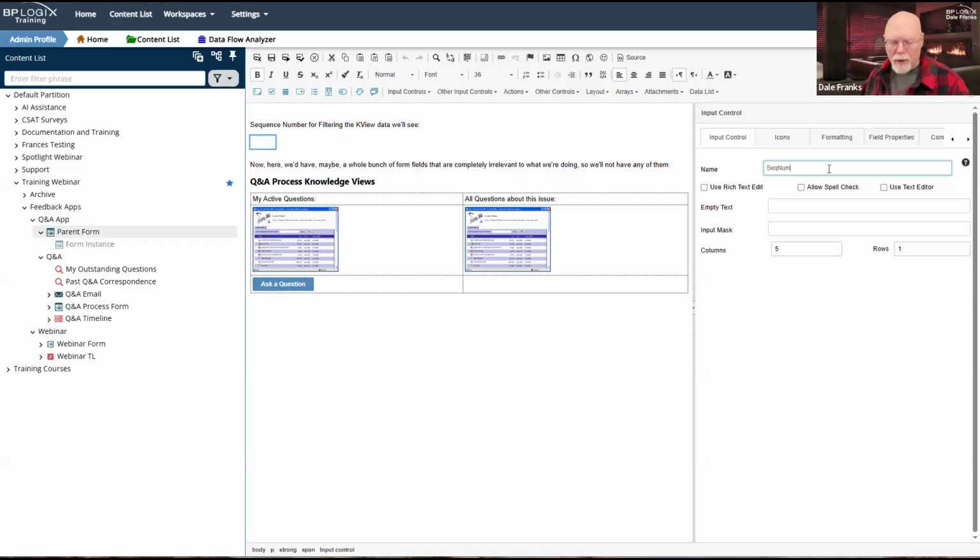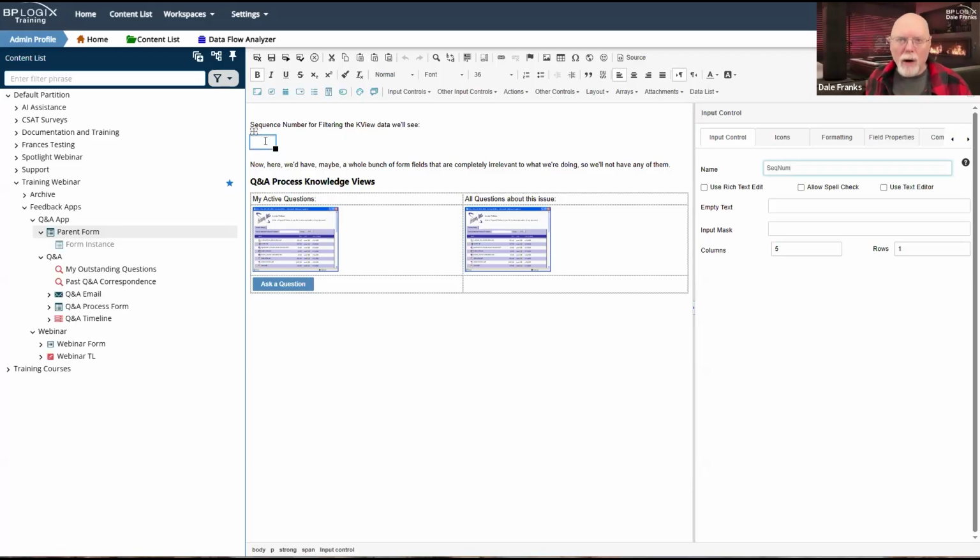And whenever we go and look at our webinar thing and we start rebuilding it, we'll do it a little bit differently. But I need this sequence number because what I'm going to do is I'm going to pass this sequence number off to the Q&A form so that I have that link between the parent request number and the question for the request number so that they're linked together with that unique identifier for each request.